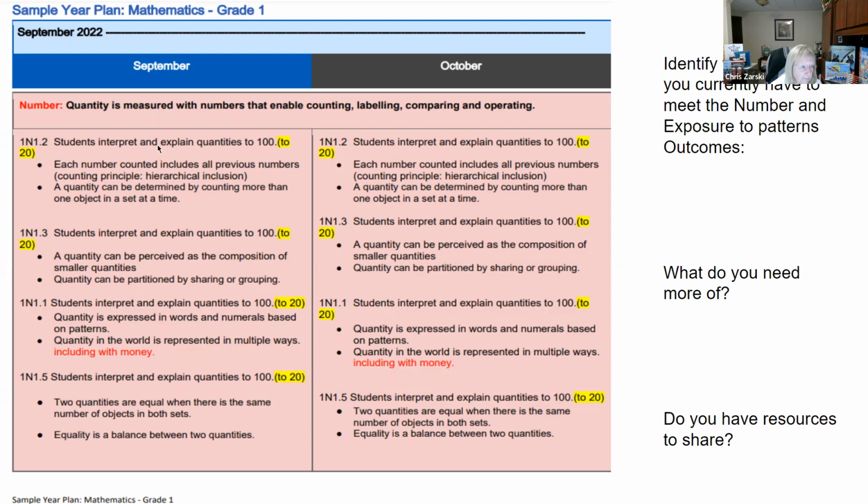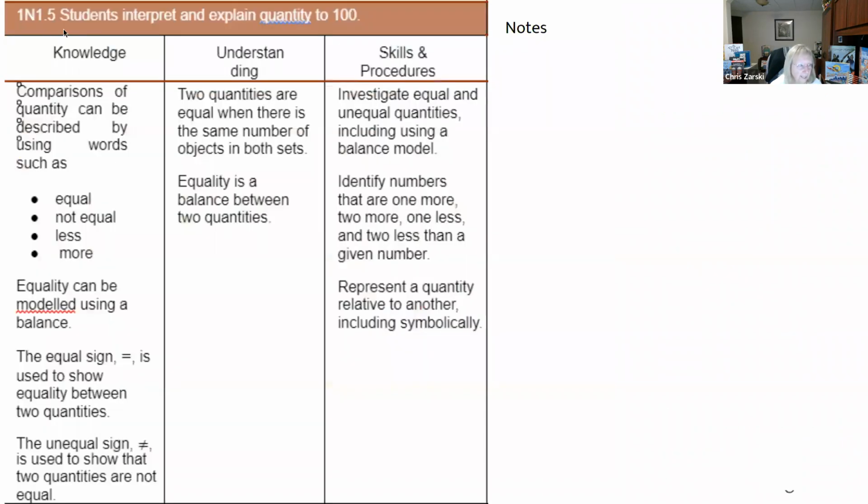So what you have here is, because these statements that you're seeing in your year at a glance, here's your learner outcome. Here are the understandings. The bullets underneath are the understandings. That's all that they are. So in order for me to unpack those two understandings that sit together in 1.2, I do still need to look at this kind of a part of the document. In this case, I'm looking at 1.5. I need to make sure that I see what are the knowledge, what are the understandings,